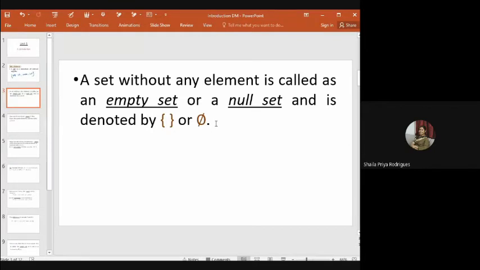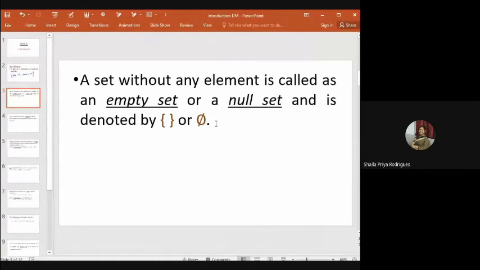Yeah, that's nice. Set of all negative natural numbers. Natural numbers start from 1, right? They start from 1, 2, and so on. There is no concept of negative numbers there. So yeah, the set of all negative natural numbers is an empty set. Set of numbers between 2 and 3. Set of natural numbers between 2 and 3, yes. There are no natural numbers between 2 and 3, so.